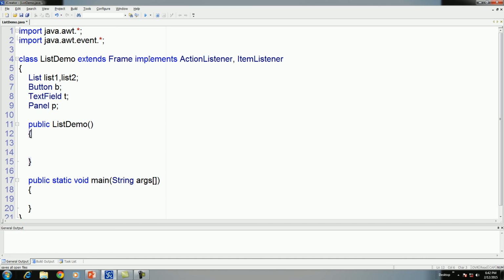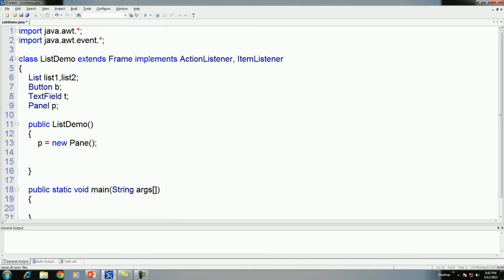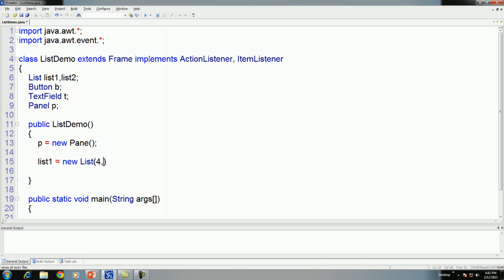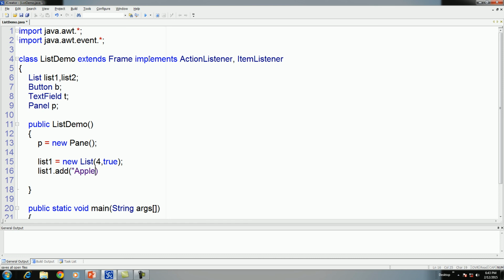Now construct the controls. Suppose the visible area is 4 and allow multi selection. Put the items. We want 5 items here.